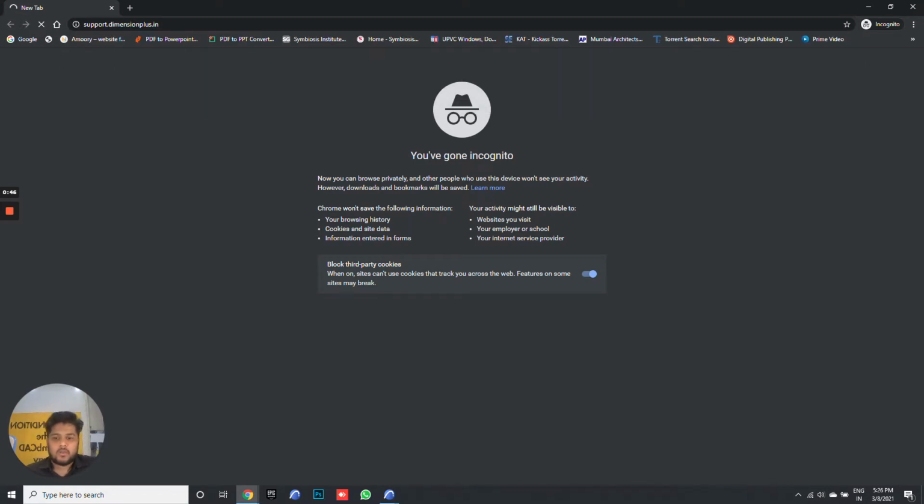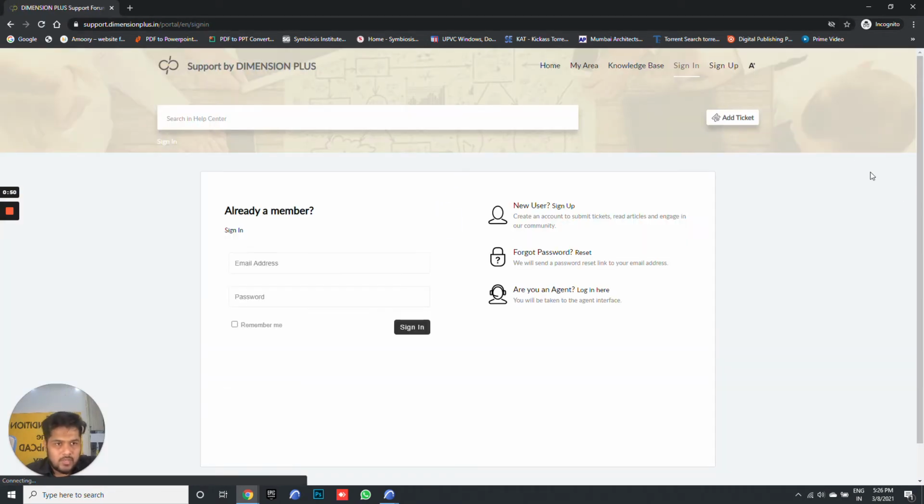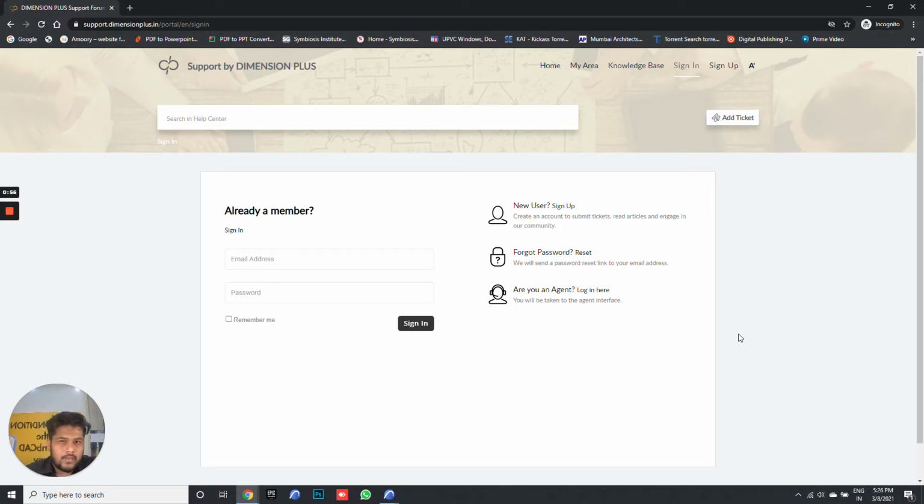So if you are already a user, you already know how to get to it, but this is for a first time user. This is the space which you will get, and you have knowledge base articles also. If you are already a client on an SSA, you get priority support through that. Now you directly have an option of adding a ticket here, but you are a new user, so what you do is you sign up out here.